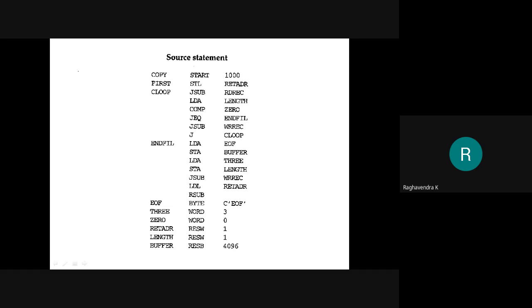So in order to perform the translation, the assembler has to be familiar with both the languages. It has to know what is written in assembly level language, and it has to know its machine level language equivalent.